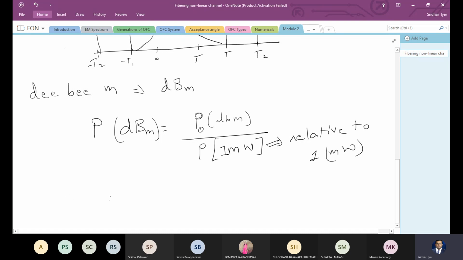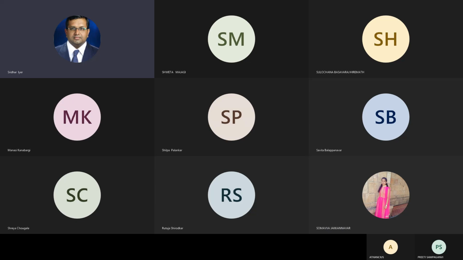So I'll just leave you with the equation. So you have power in dBm, which is in terms of logarithm, 10 log